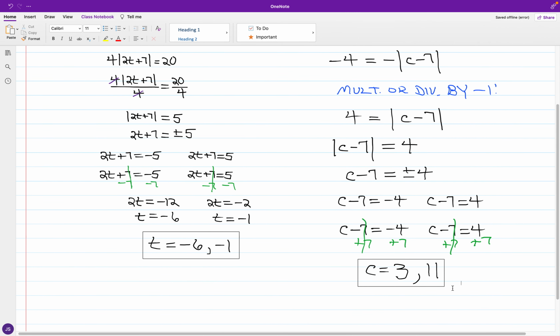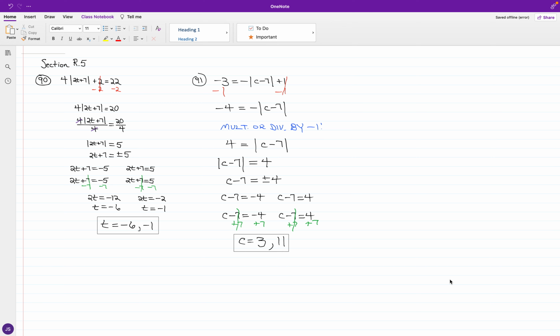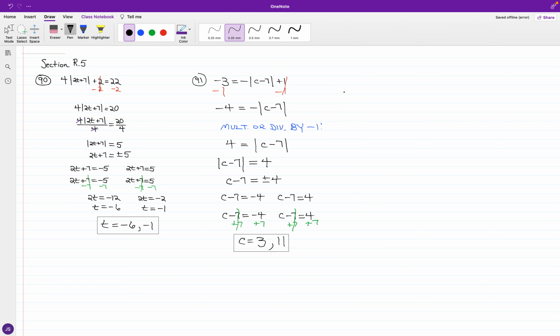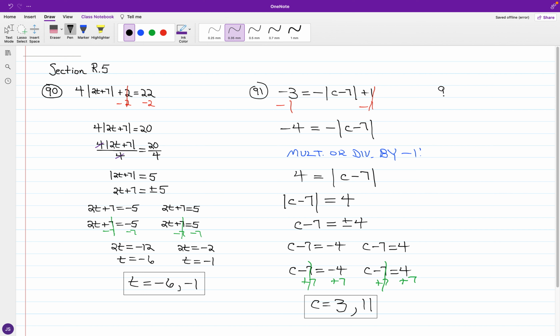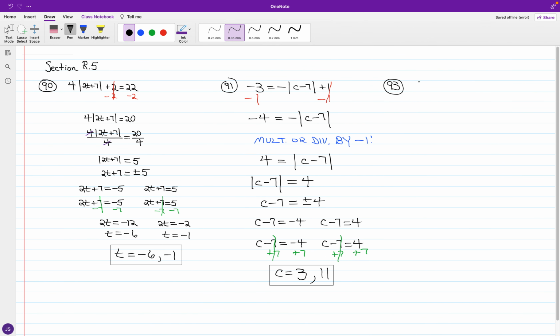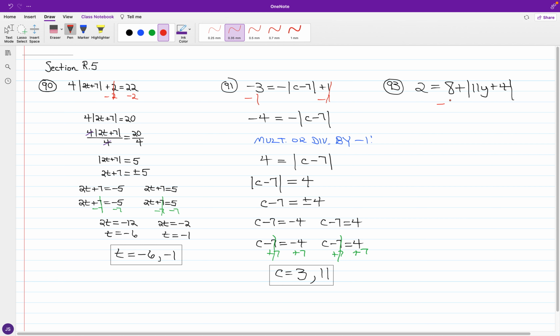All right. Now, for what we have in the next absolute value set, we have number 93. In this one, we're looking at solving for the variable y. We have 2 is equal to 8 plus the absolute value of 11y plus 4. I'm going to get this term by itself, so I can initiate the process by subtracting 8